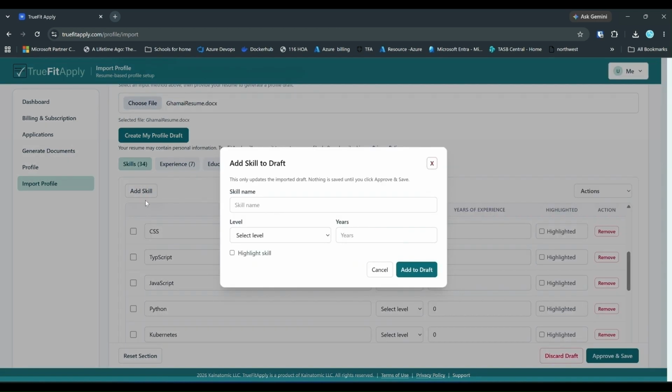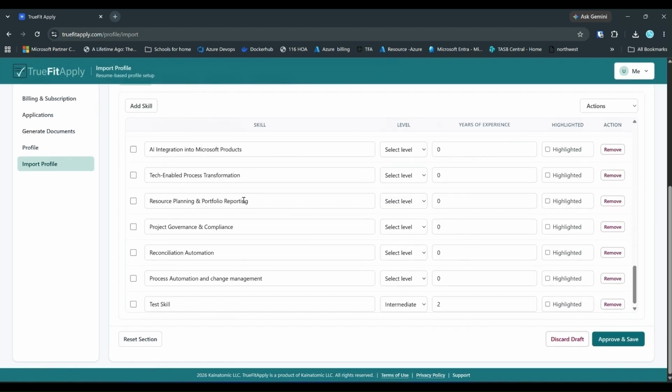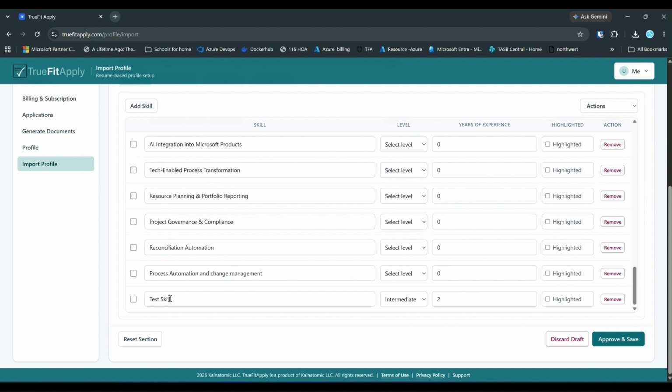And if there is a skill that I would want to add in here, I can simply click on add skill and type the skill name. For example, test skill, and then I can add skill level, intermediate, years of experience. I would just add 2 and I will click add to draft right here at the bottom. So test skill is added,